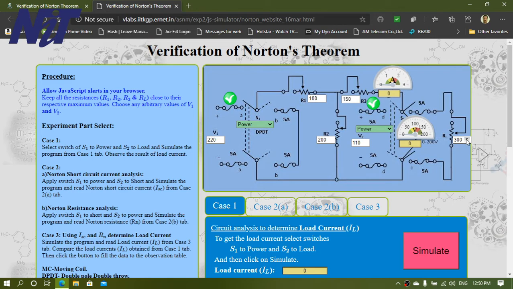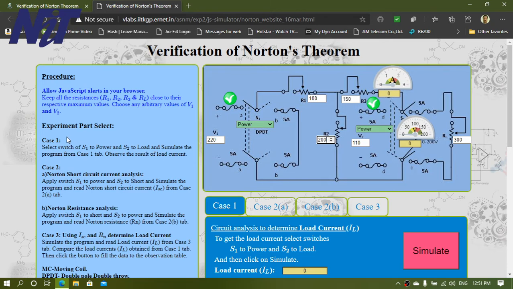Anytime, if you wish to change, you can change it from here, or directly write the value in that way. So first let it be fixed at their maximum position as per the guidance of the website, and then at the respective maximum value, choose any arbitrary V1 and V2 voltage. Now it is already preset at 220 for V1 and 110 for V2.